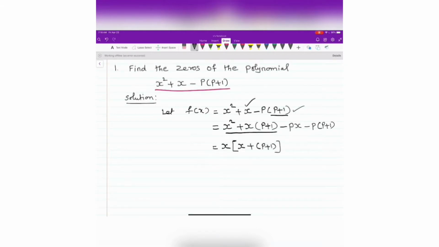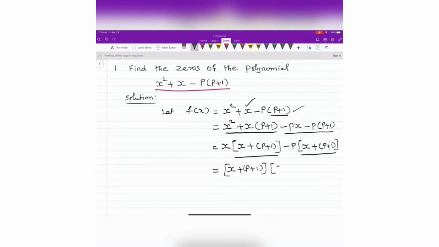When you combine minus px minus p into p plus 1, you can take out minus p, then inside you will be having x plus p plus 1. Now, x plus p plus 1 is common, take it out, then you will be getting x plus p plus 1